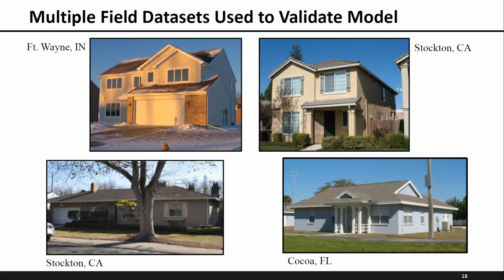And so what we did was we took a lot of data from field tests that have been done over the years, some in Indiana, some in California, and some in Florida. It also includes houses that have basements or crawl spaces or slabs, and some would have exterior foam insulation and some that don't. So a wide variety of houses. In fact, the one on the bottom right is a concrete block construction. We tried to understand how the different house constructions and climates impact the inputs.